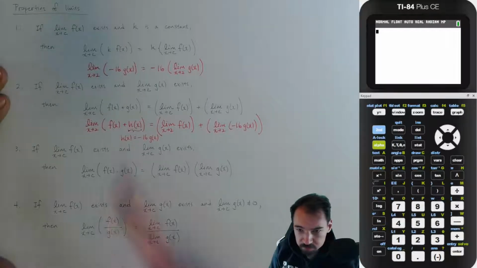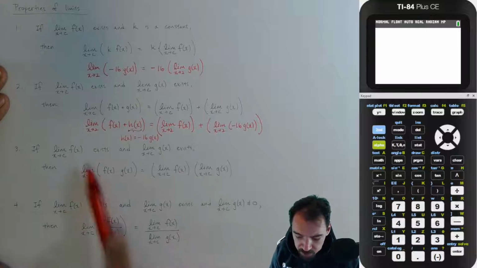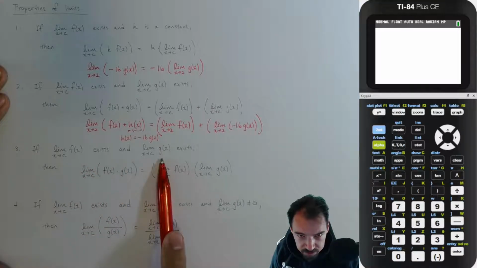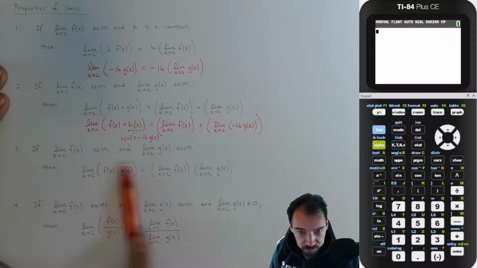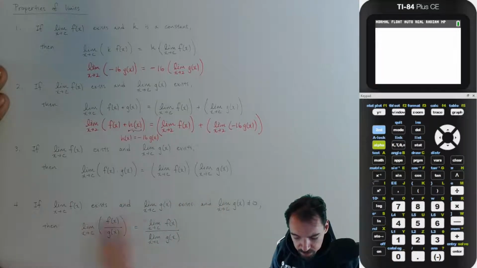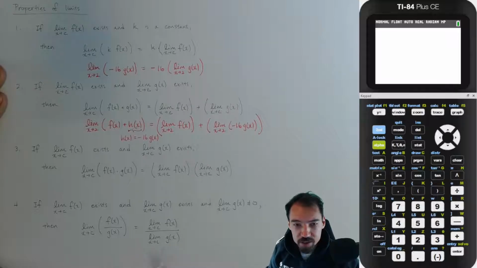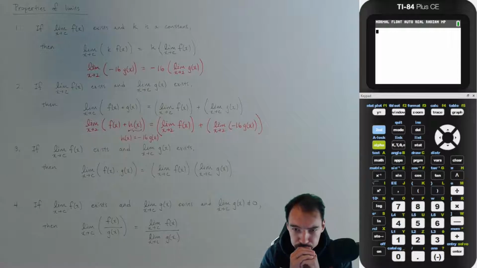Okay, and we have these other two properties that we didn't use in the previous example, but we'll just talk about them real quick. If both of these limits exist, then it turns out the limit of the product is equal to the product of the limits. And then if these two limits exist, I can do a quotient, but keeping in mind that since I'm going to divide by something, I need to make sure that the divisor, the denominator, is not equal to 0. But if it's not equal to 0, then I can do this. So before we move on,